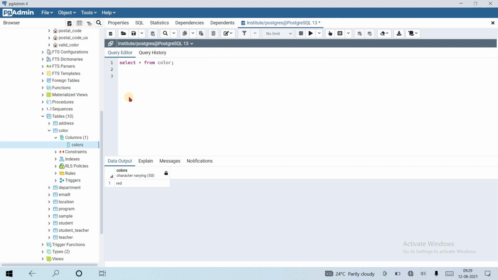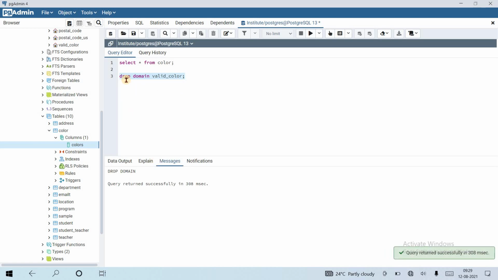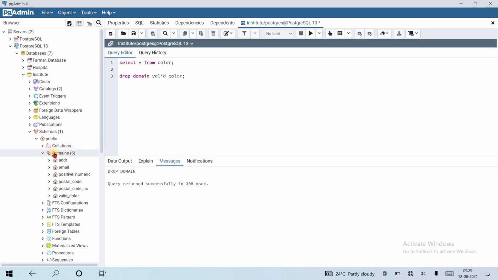Now if I delete this using a simple drop command, drop domain valid color, it does not give me an error. The query was done successfully, which means the domain is deleted. If I go to the domain section and refresh, the valid color domain is deleted.